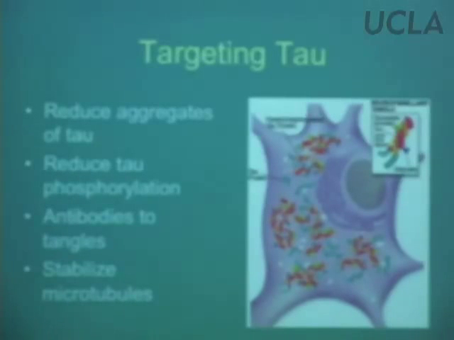Also, certainly immune approaches, antibodies to tangles is one thing. And another thing is, well, maybe agents that will help stabilize the microtubules. Tau's job is to form microtubules. And maybe there's some problem with keeping these microtubules stable, and that's causing these little tau fragments to go around, and then they'll just sort of naturally come into tangles. Maybe it's better if we can just make sure that microtubules are stabilized.